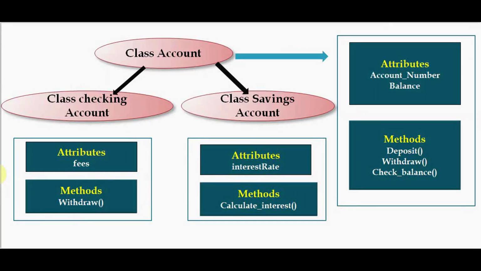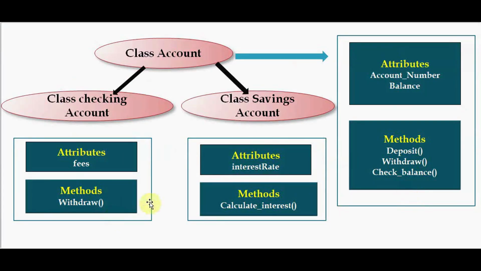Now let's inherit one more class from the class account, a new class called checking account. Apart from the attributes account number, balance and the methods, it has a new attribute called fees. This fees will be subtracted from the account balance whenever a withdrawal is performed successfully. So for that purpose we are doing method overriding here. The base class already contains a method called withdraw, so that is overridden here. The withdraw method is overridden here and it should invoke the base class withdraw method to update the account balance. So that's what we are going to do with class checking account.